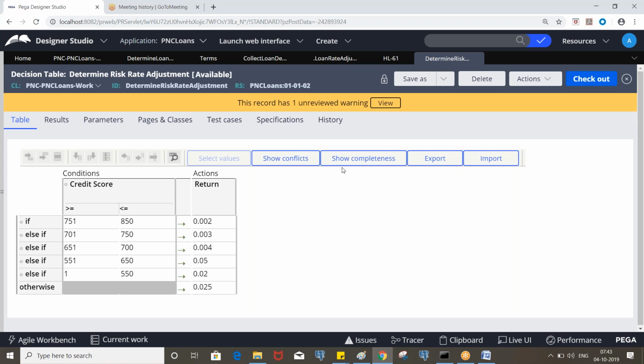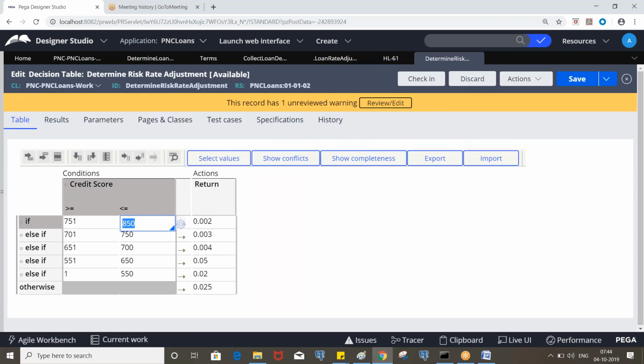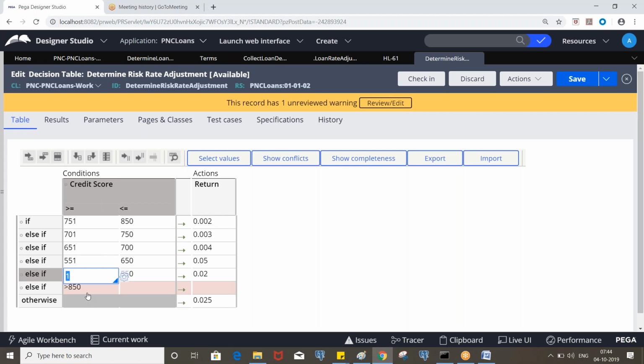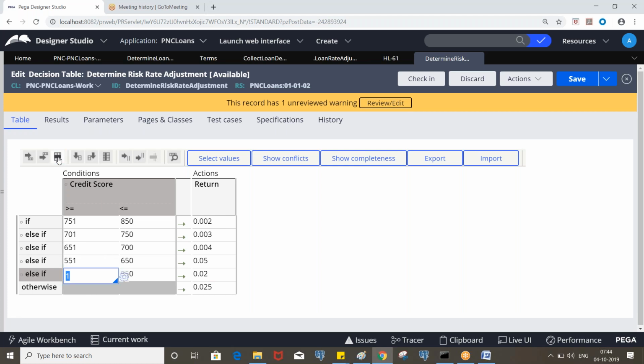But when you click on show completeness, it shows the greater than 850 condition also. We restrict to 850 and it will go to otherwise if we enter more than that. If you try to put 851, you cannot come to the second screen. You cannot submit the first screen if it violates the validation.